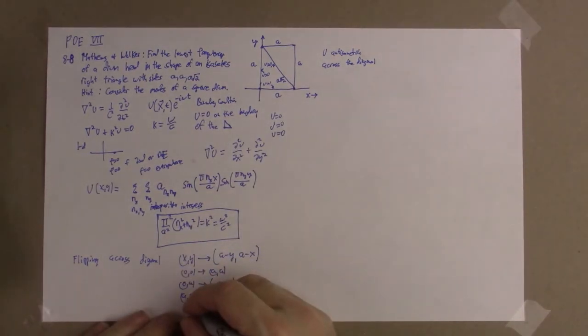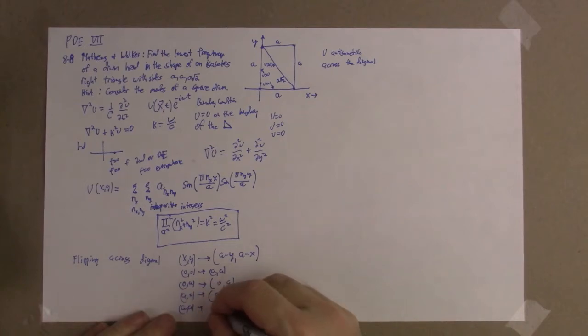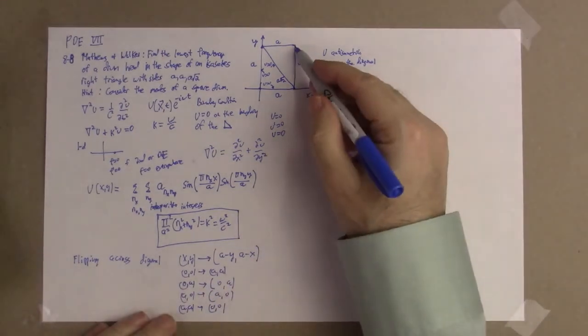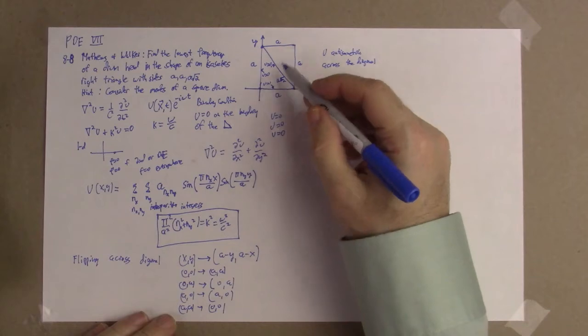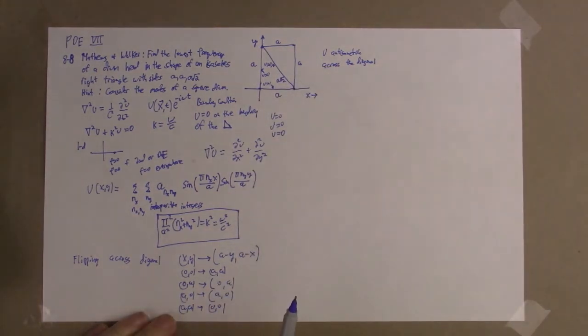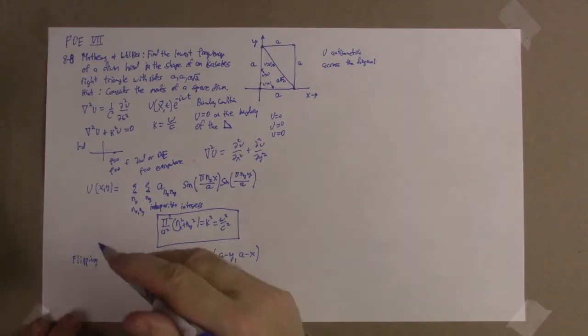And then the one that we better get right is a, a, and a, a obviously goes to 0, 0. So this point goes here, and that point goes there. These 2 points stay the same. That's our flipping. So now what we want to do is substitute